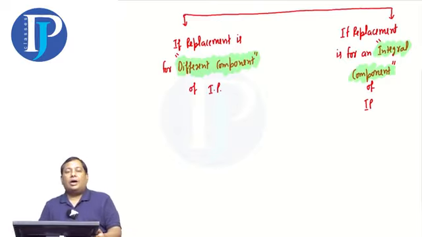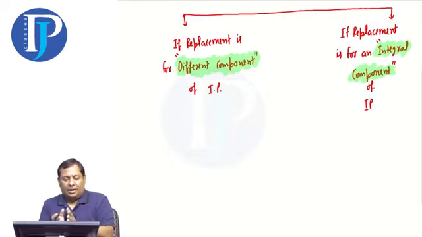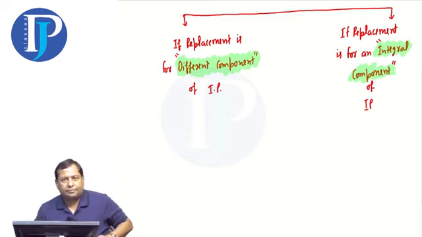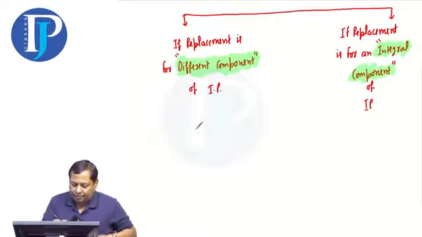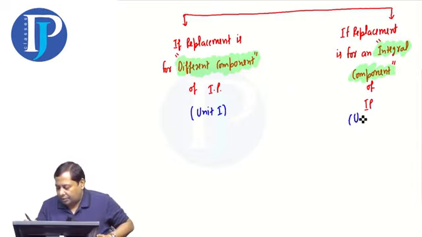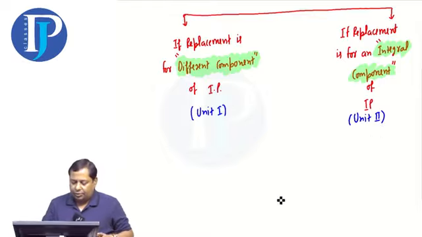I claim that more than half of the CA final students don't even know this concept exists, and the replacement is learned in a very simple way. So we need to move forward, and there are two cases of this. Later we will do questions on this. It is there in study mat. I am talking about, this is our unit 1 and this is our unit 2. I will give them the names of units. It will become easier to talk about it.